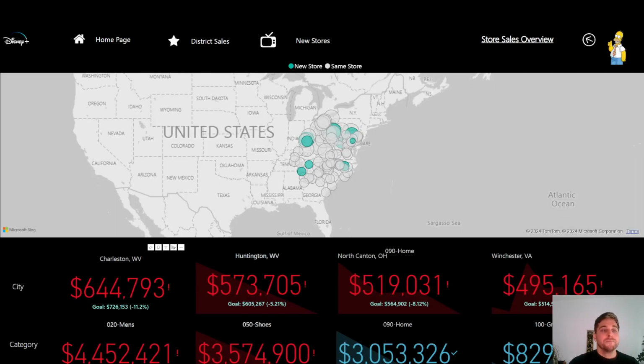So when we click here, we are going to see all the stores, new stores and old stores available. In this case, the data set is from the United States, and we can see the map of the United States in a big banner on the top, which helps us spot where the new stores are or where our business is mostly operating. We see it's in the East Coast. Then we also have this option to do some navigation.